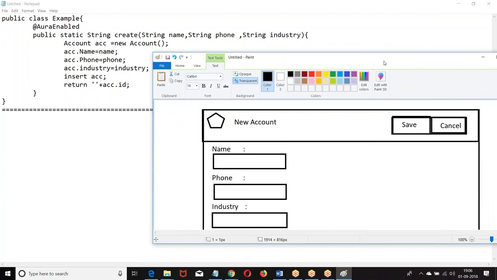So this Lightning component is used for what? Overriding the new button. Whatever new button we have, that new button should be overridden. What is the interface we have to implement? If you want to override the standard buttons, what is the interface we have to use? Lightning action override. Start creating the component. If you want any component to override the standard functionality, then lightning